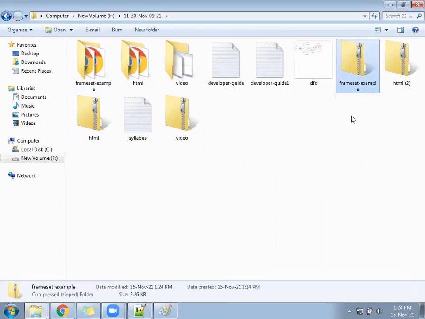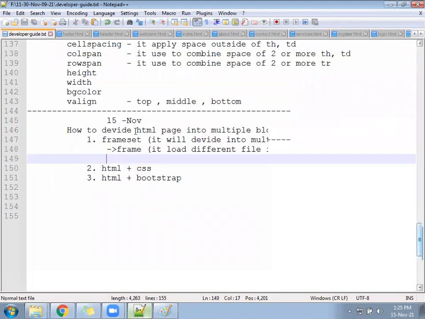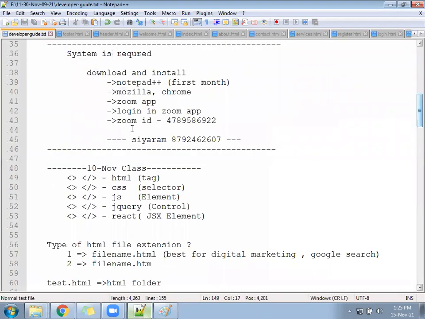Okay, so the folder is coming in your chat. Some videos are recorded, so I have guided you in the beginning this way. Where is the developer guide? We have the developer guide here, and in that I have guided you. We need to download the Zoom app and log in on your system. When we log in, there are two options: we can log in through the browser or through the Zoom app. After logging in to the Zoom app, three or four videos are recorded, and I'll give you those videos.